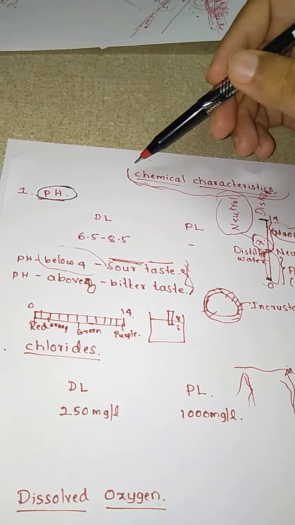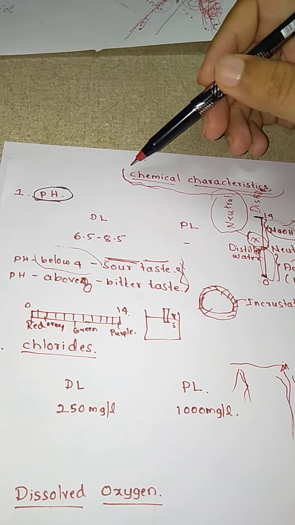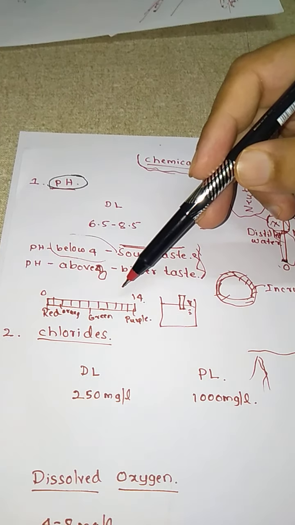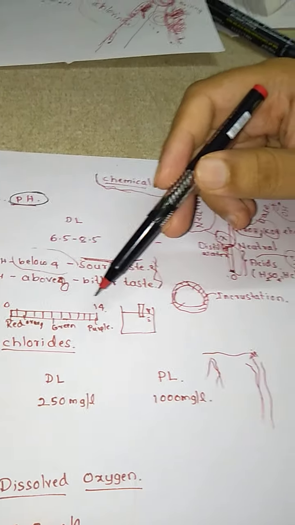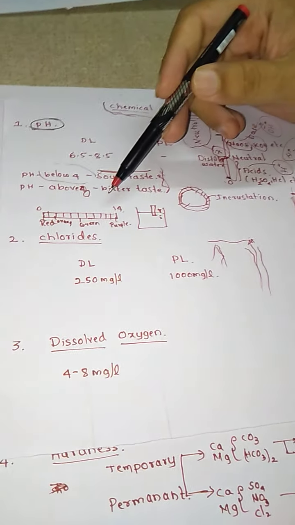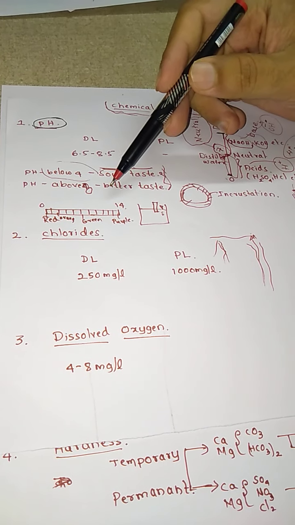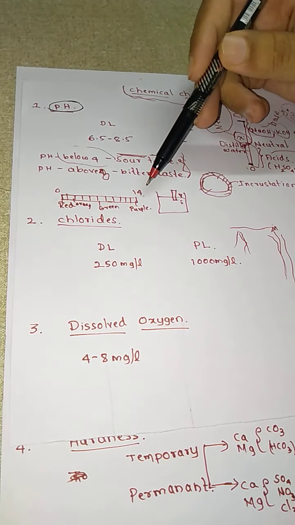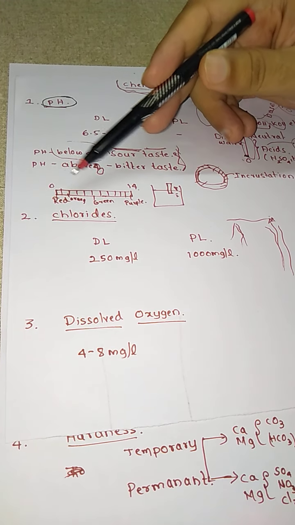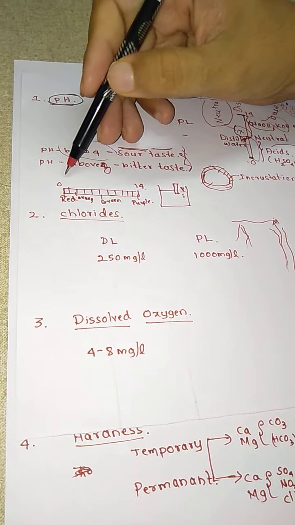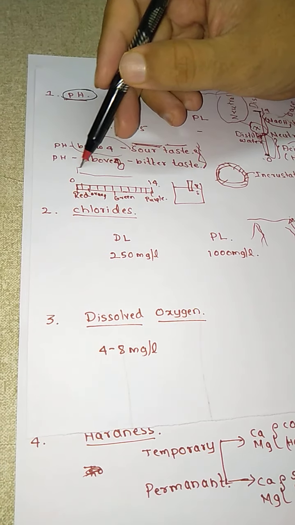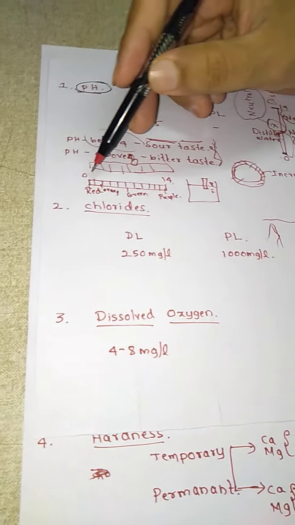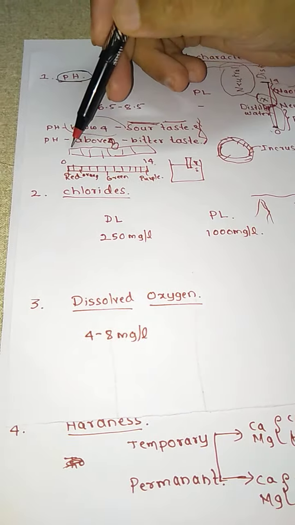There are two methods to determine the pH of water. One is, if we don't have any instrument and we want to determine the pH of a particular solution at a spot, then we will be using litmus paper. This litmus paper is prepared by various companies, and these companies give a color code to the specific pH range.